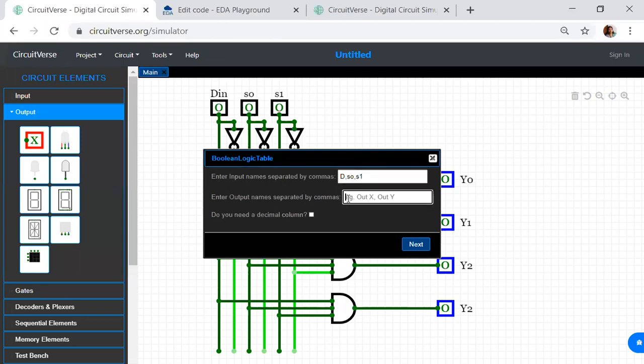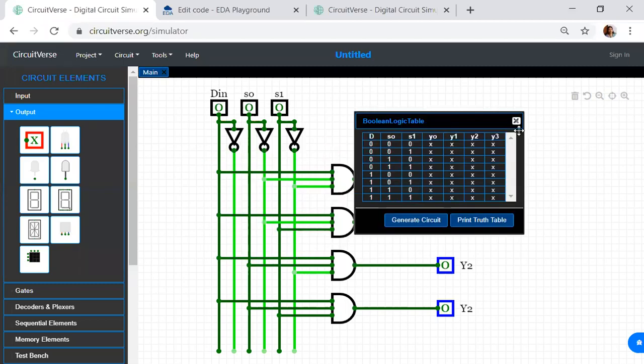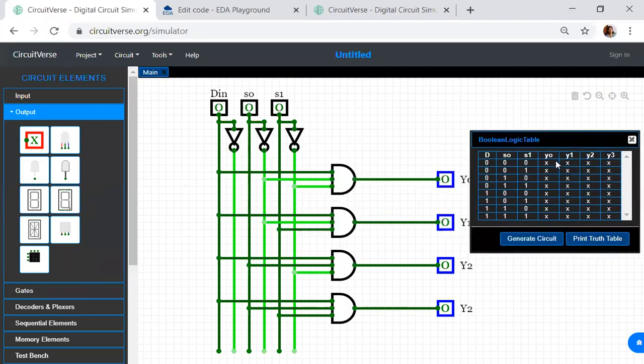And what about the outputs? 1:4 demux has Y0, Y1, Y2 and Y3. Now when D is 0 and S is 0, 0, Y0 will be 0. In the next combination Y1 is 0 because D is 0. Let us make all the other combinations also 0.